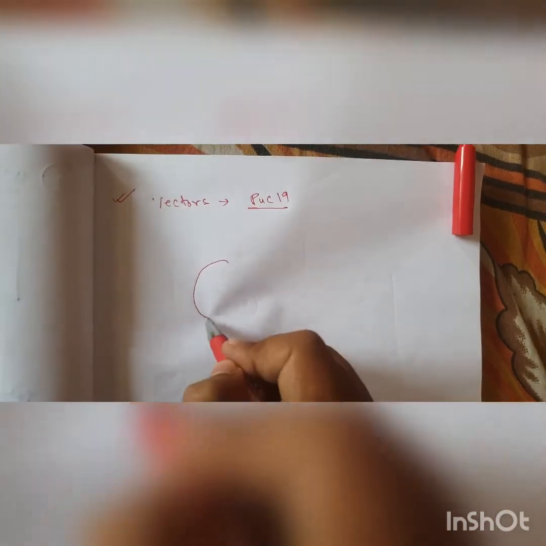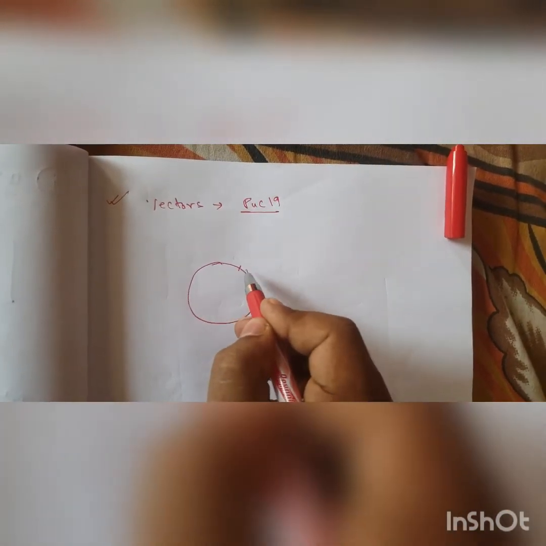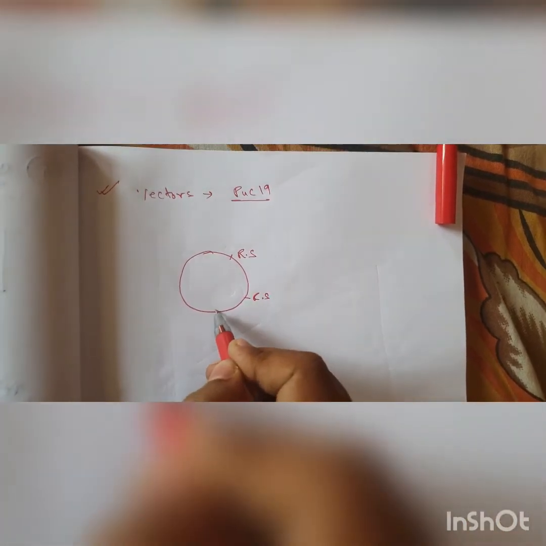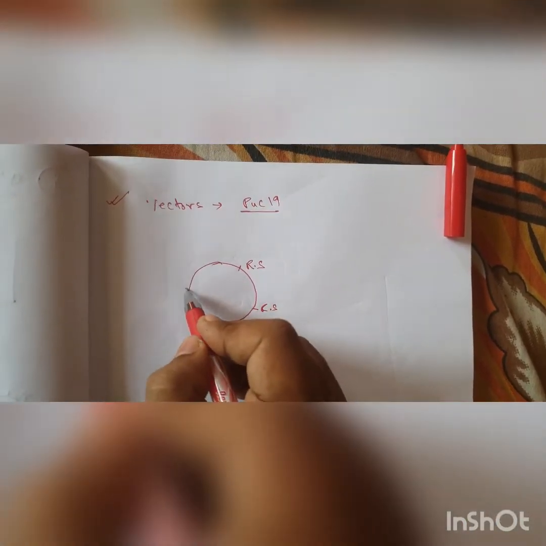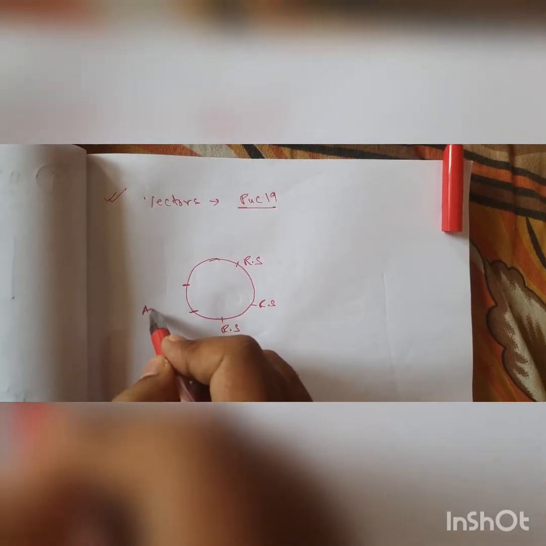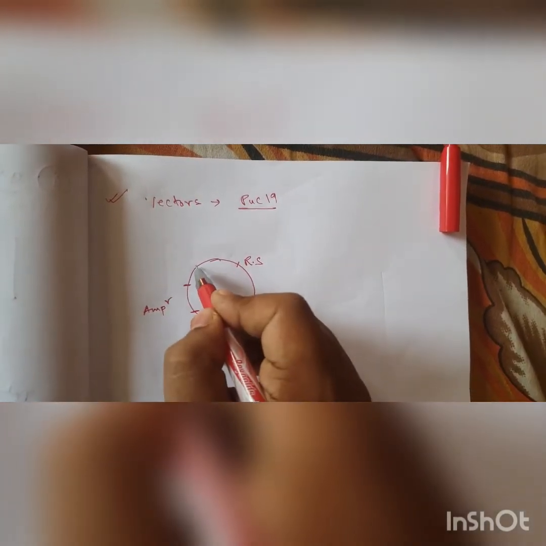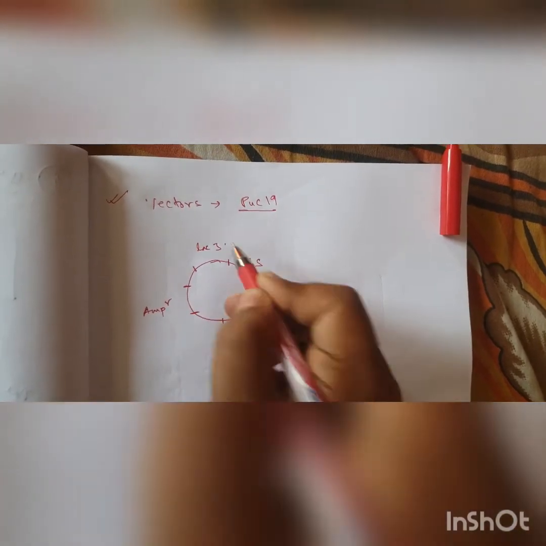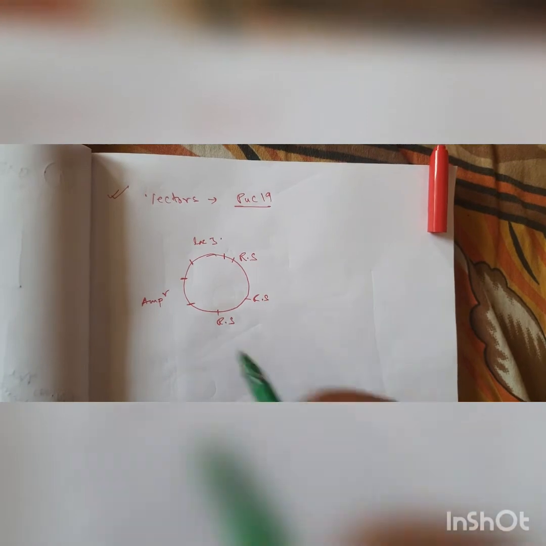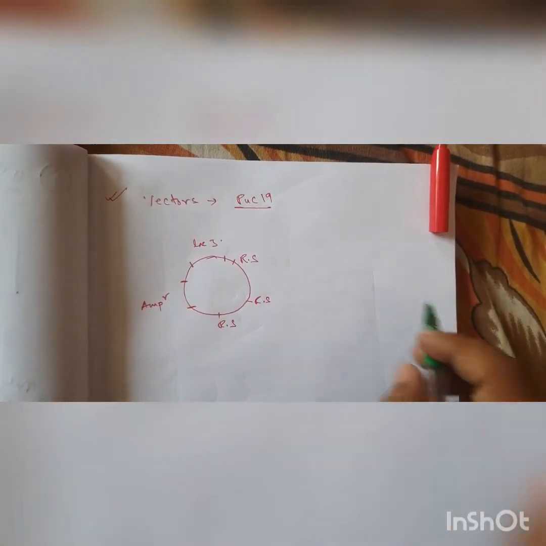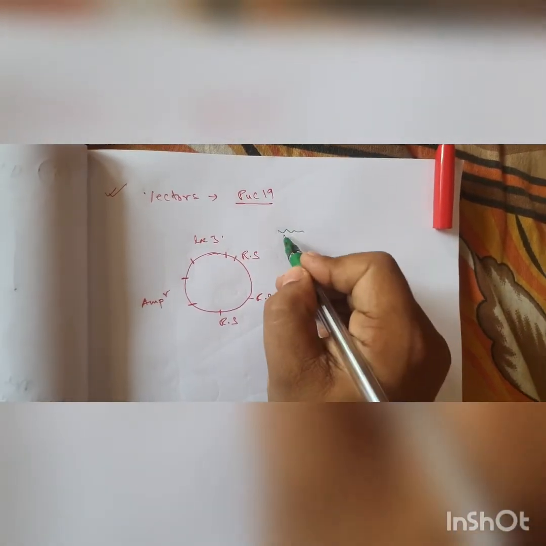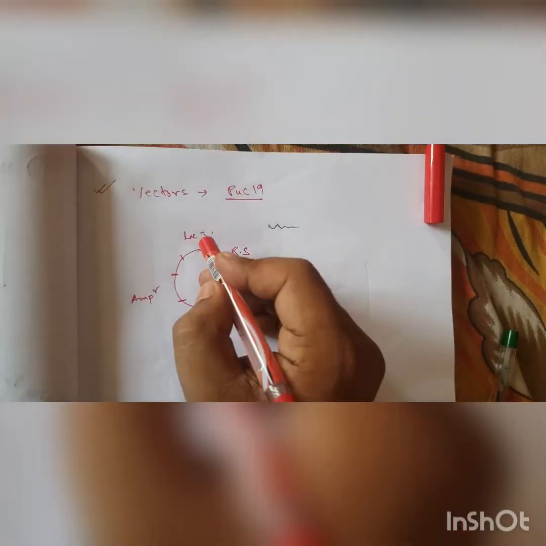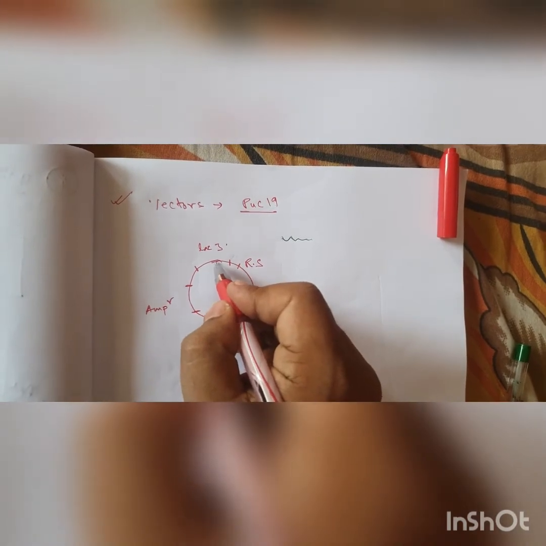Now in this vector, there are lots of restriction sites, RSs, of different enzymes, but there is also an ampicillin resistance gene. With the ampicillin resistance gene, there is a LacZ gene. And the interesting thing is that suppose this is your target gene, when the target gene enters, it will enter in the LacZ portion.